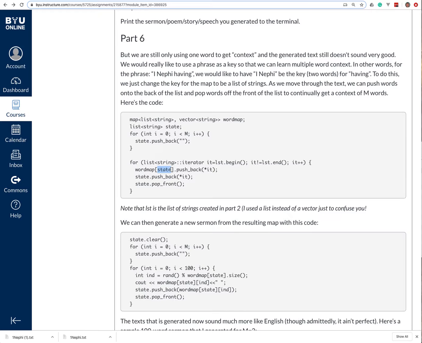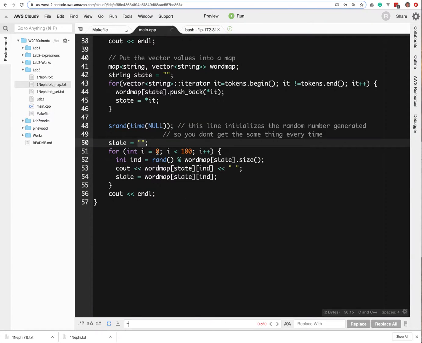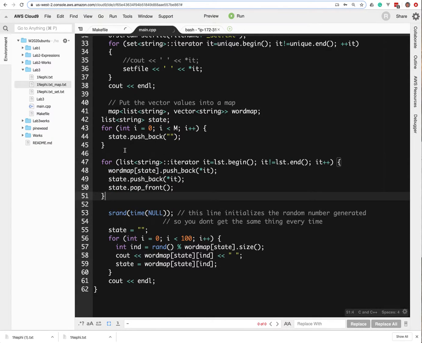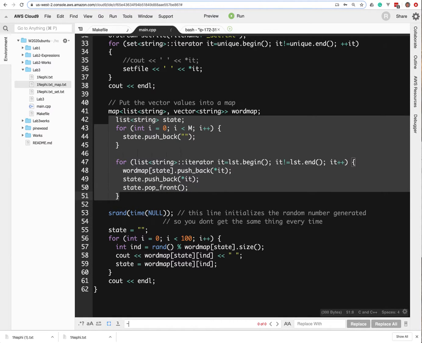And this is where maps get to be so magical and cool, because we're not just indexing with something that's not an integer, but we're indexing with a complex data structure like a list of a bunch of strings. So let's take a look at this and see how it works. We're going to go into our code and say, okay, let's throw this into a map of